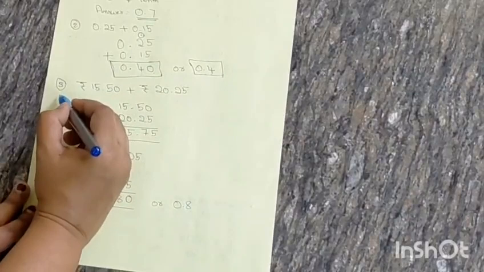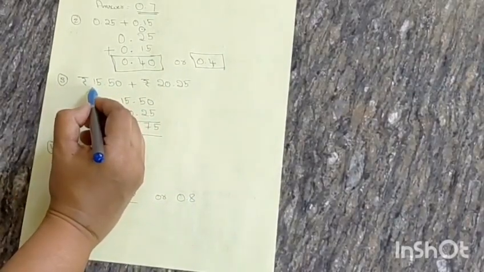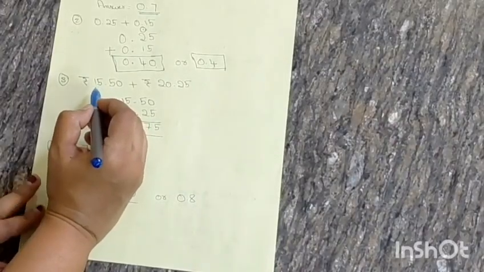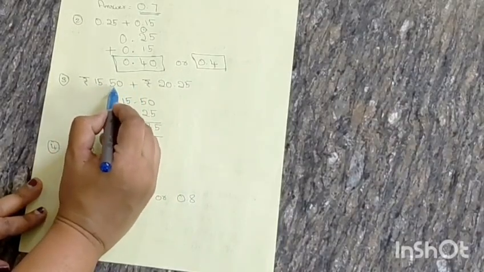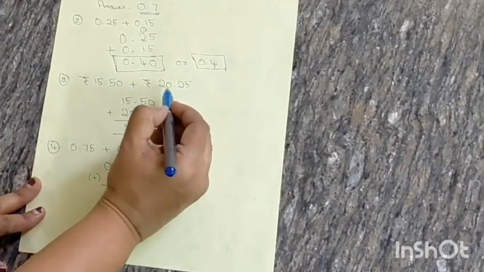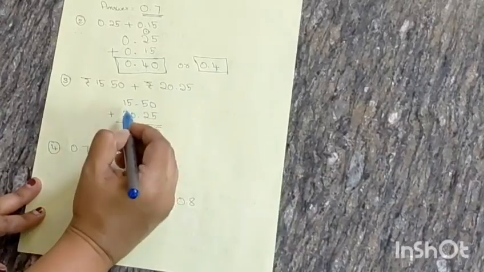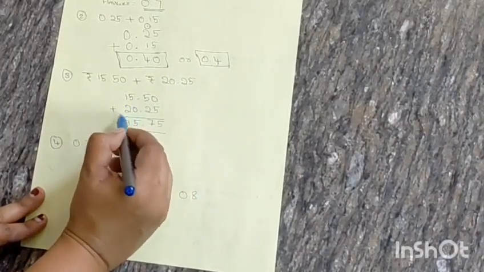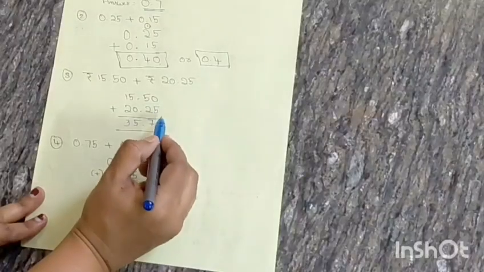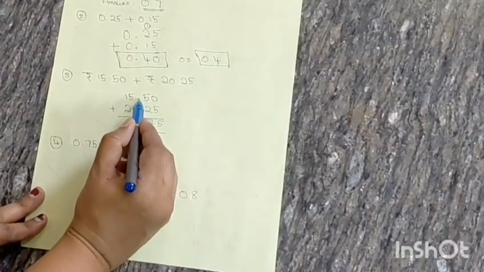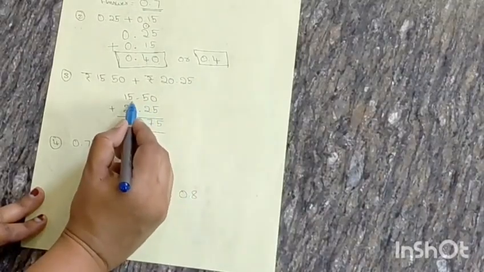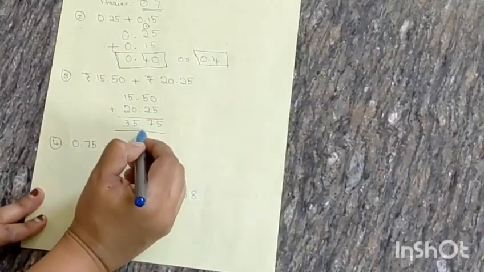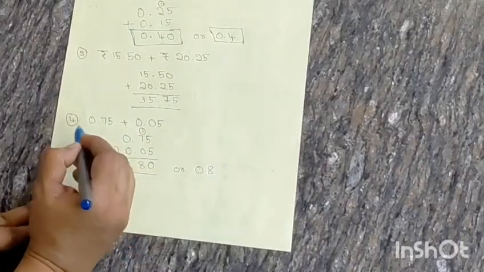Let's move on to the third question. For example, rupees, it comes in your daily life, like shopping. How do you do shopping when you go to a shop? In the same way, 15.50, this is for an apple or something. This is for juice, 20 rupees 25 paise. So adding together, how much do we need to pay the shopkeeper? 15.50 plus 20.25. 0 plus 5, 5. 5 plus 2, 7. Align the decimal point clearly. 5 plus 0, 5. 2 plus 1, 3. So what is the answer, students? 35.75.